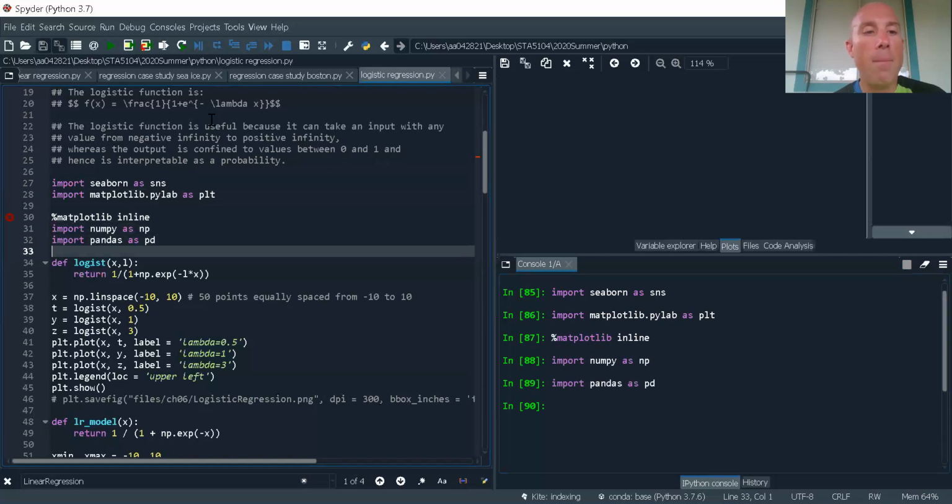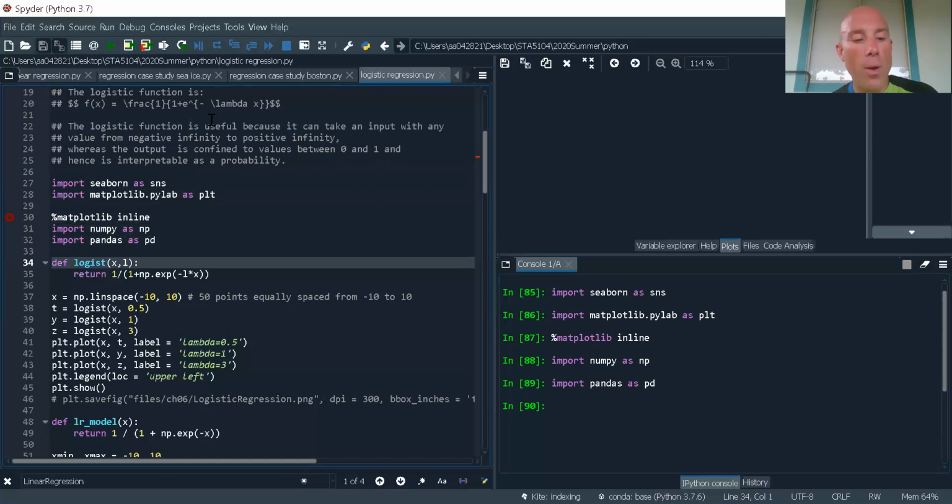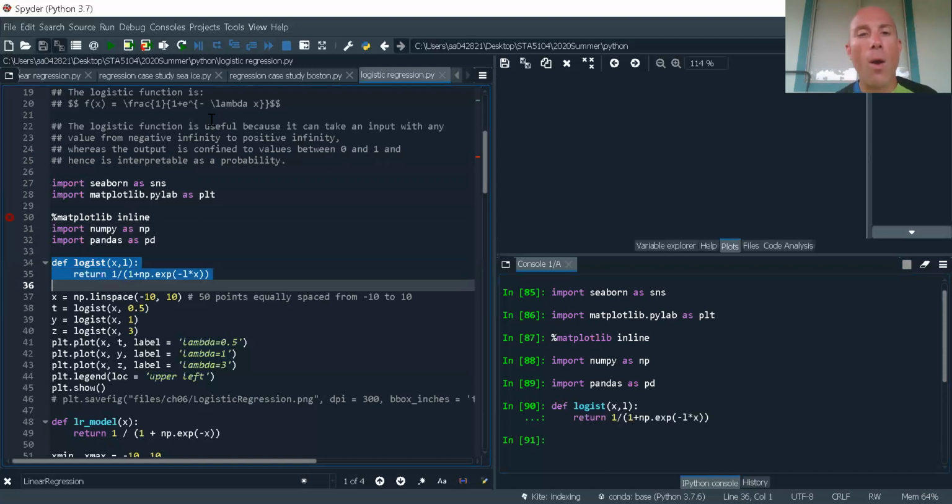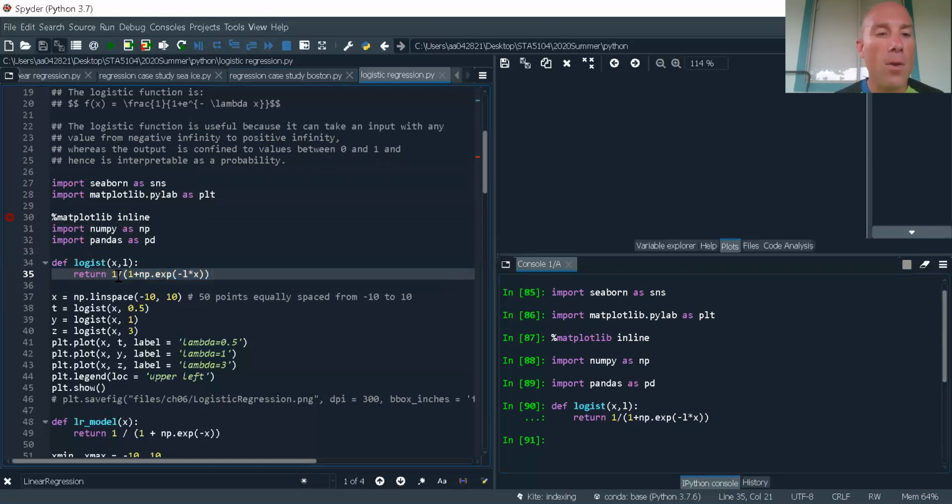Let's get NumPy and pandas for us. Now let's go ahead and build a special function. Here I want you to see what the curve looks like for logistic regression. So I've got a fraction. I know we love fractions. Of 1 divided by,